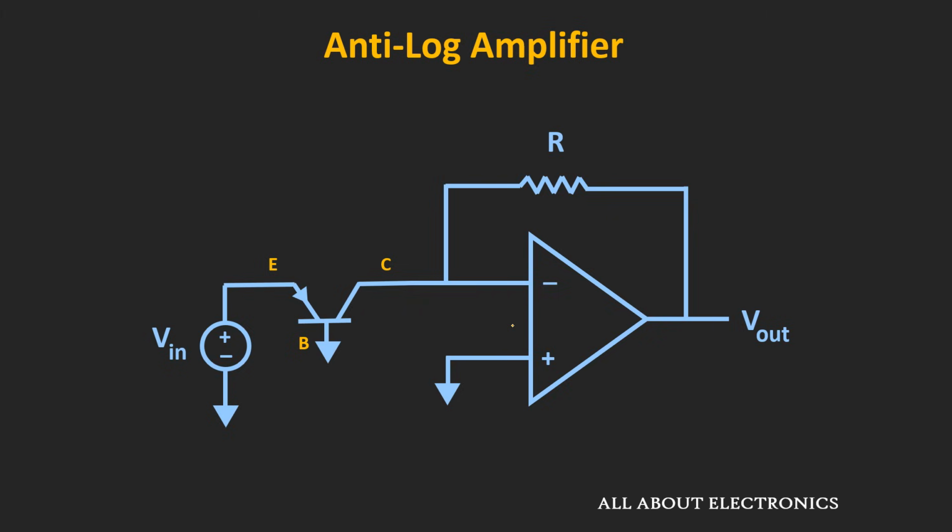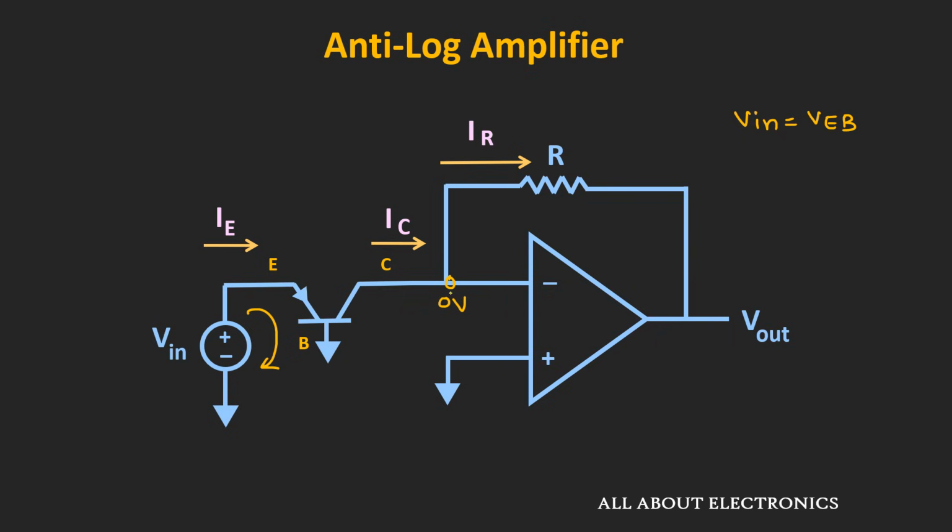So now let us write down the different currents for the given circuit. So here once again let us assume that IE and the IC are the emitter and the collector current for the given transistor, and here we are assuming that IR is the current which is flowing through this resistor R. Now considering the virtual short, this node will be at a ground potential. So now let us apply the KVL around this loop. So we can say that this input voltage Vin will be equal to the voltage across this emitter and the base junction. Now considering we are using the PNP transistor, instead of writing VBE, we are writing VEB.